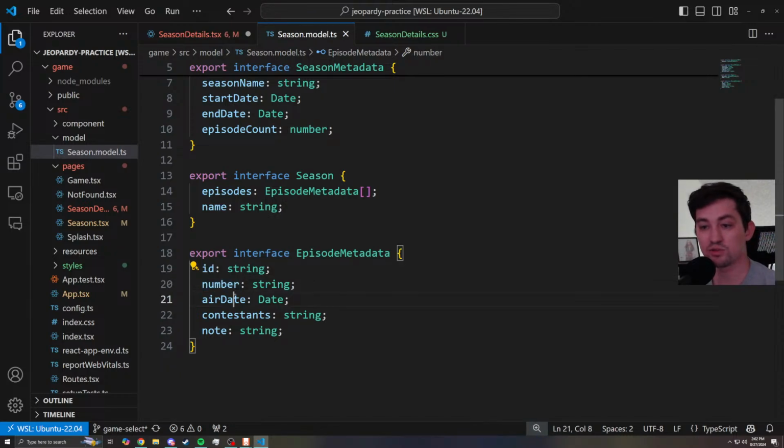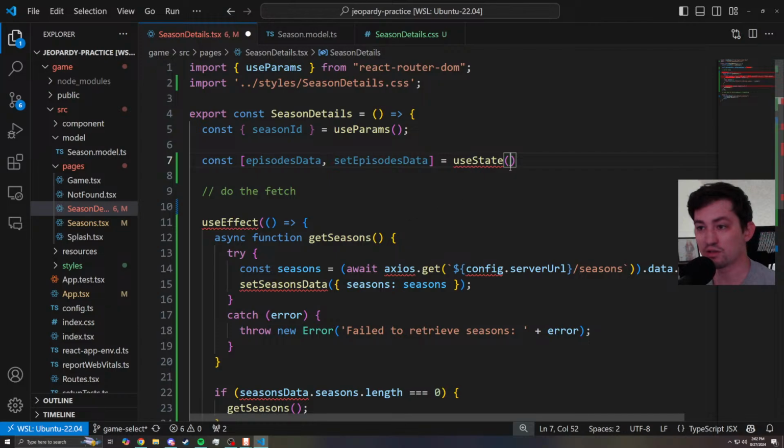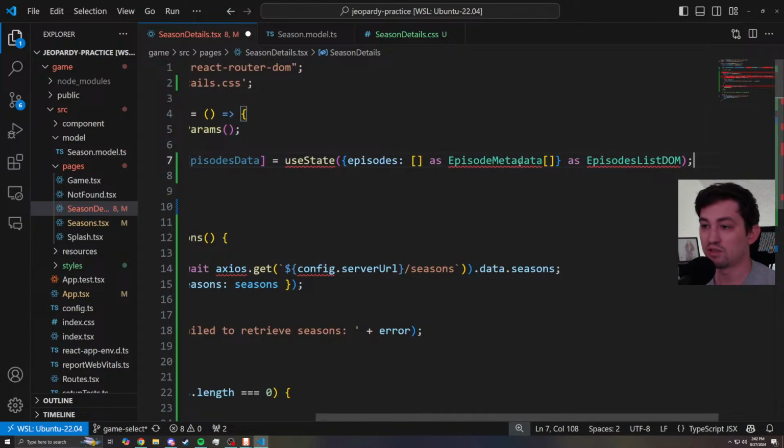Episode ID, episode number, air date, contestants, and a note if it has one. Okay, so we are going to send in an object: episodes, empty list as episode metadata, comma, name, empty string,